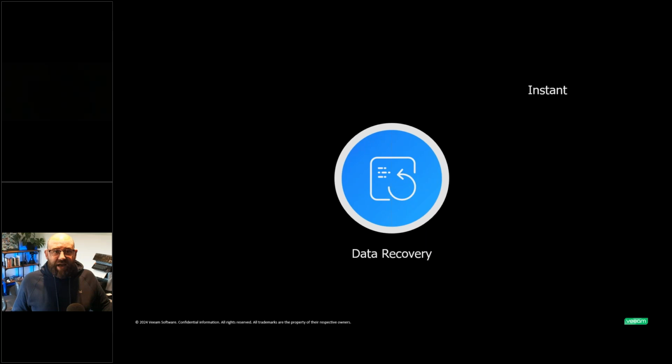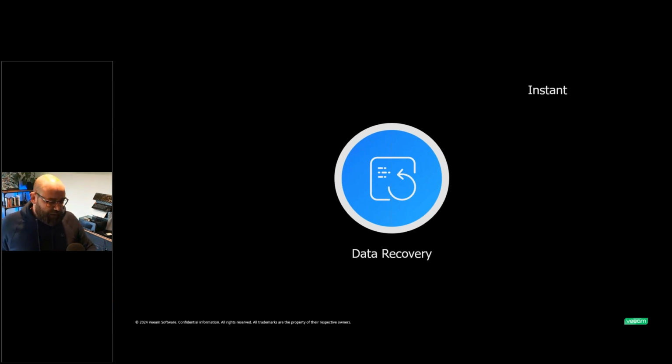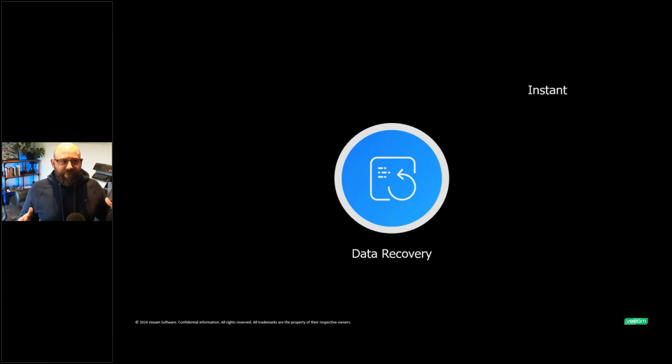We've equally got the ability to instantly recover databases into new locations via that same instant capability. Same for instant NAS recovery, instant unstructured data. So we back up our NFS, our SMB, our file share servers. We can instantly have them available from the backup storage as well. So lots of great stuff from that instant recovery perspective.